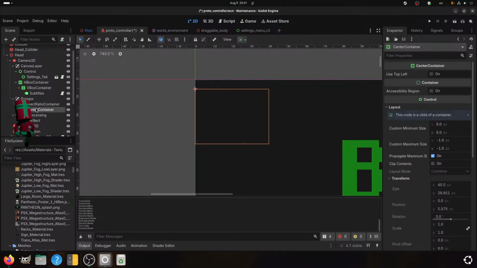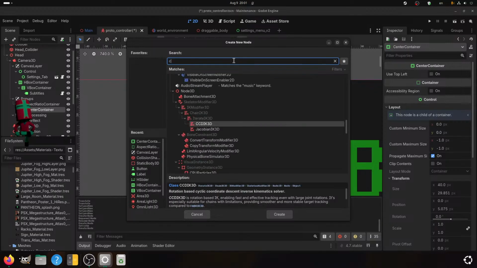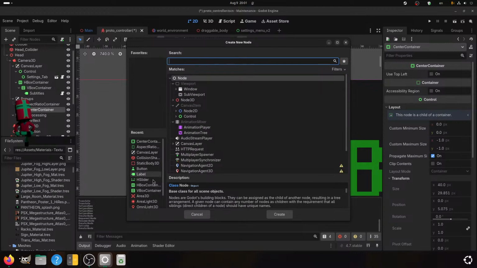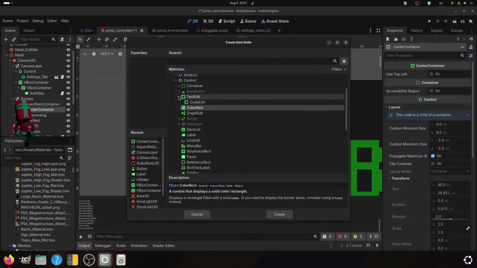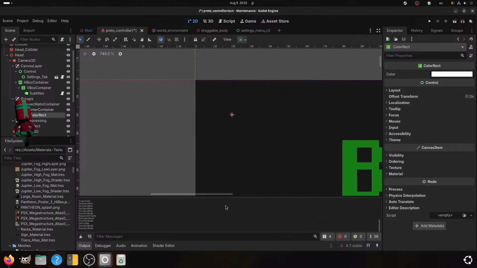Fill, and add child, which should probably be control. Okay, which should probably be a color rectangle, I guess, or a sprite. Does it display a color? Yeah, no, not. I can try it.